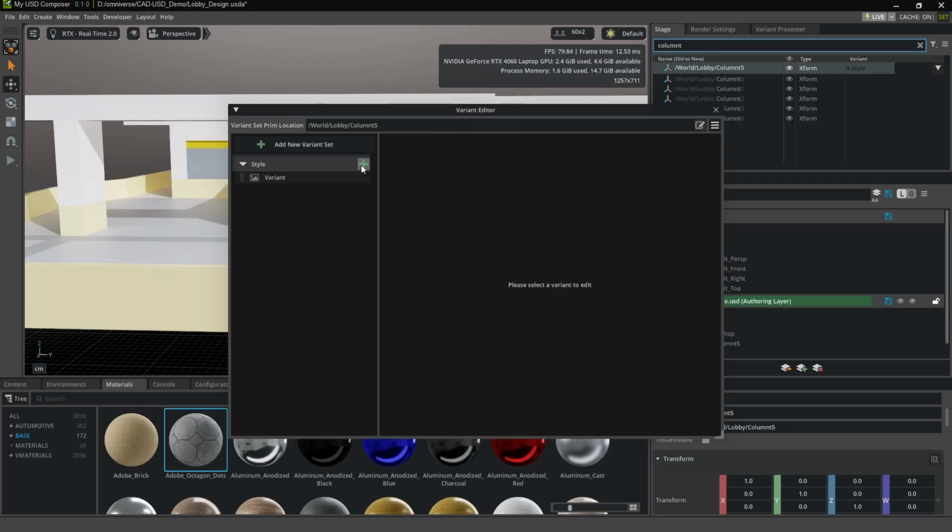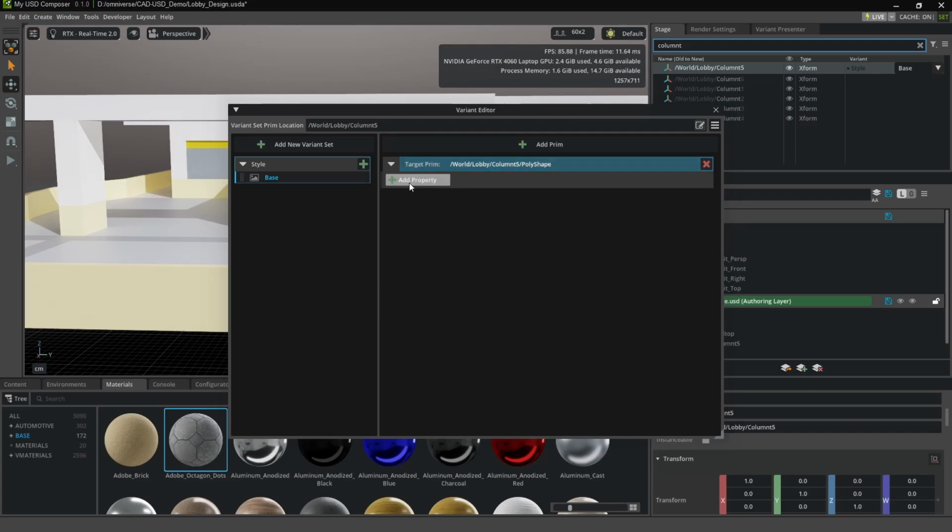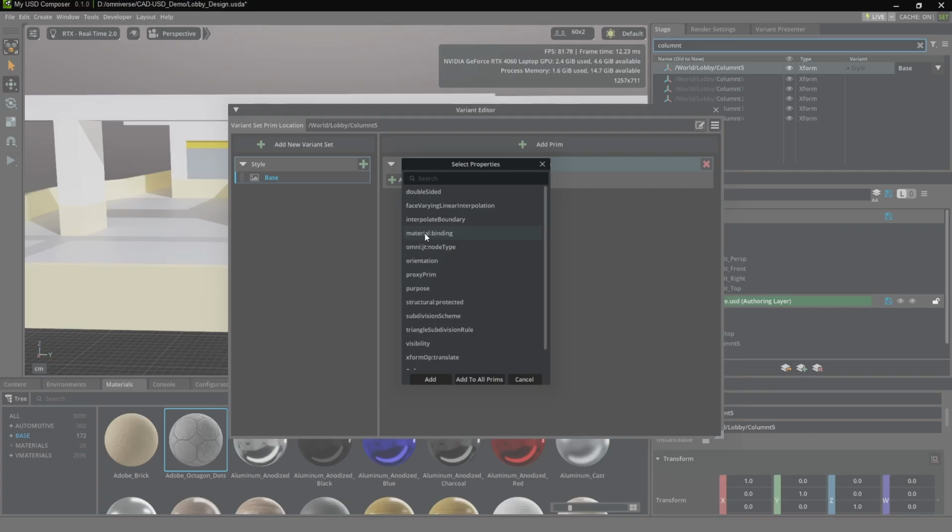Then we'll add a variant. When you click on that variant, let's just rename this one to base, because what we want to do is retain the existing column design. And we're going to add a prim. We're going to click the poly shape and select it. Then we're going to add a property, and any of these properties are things that you can